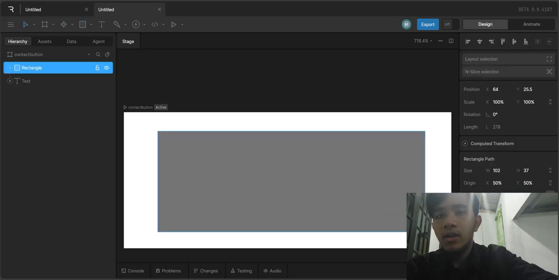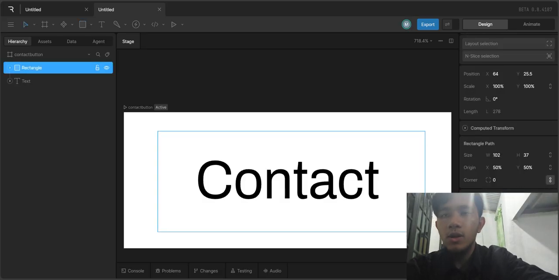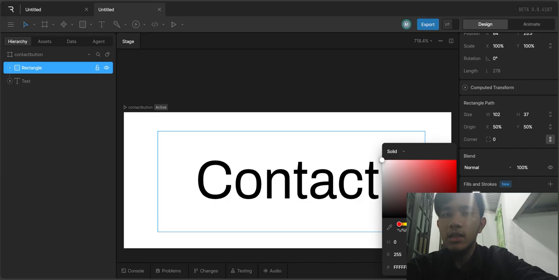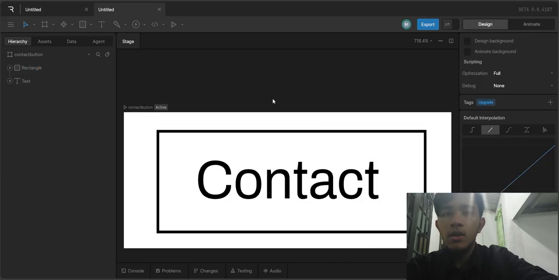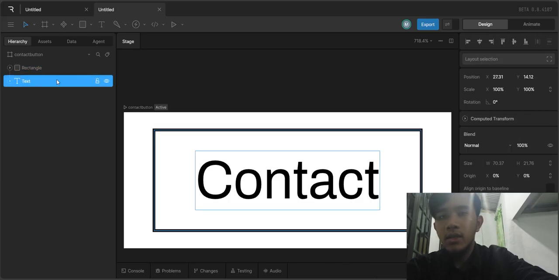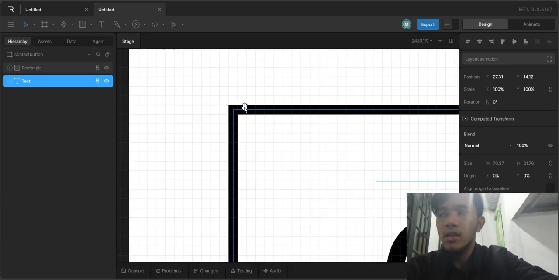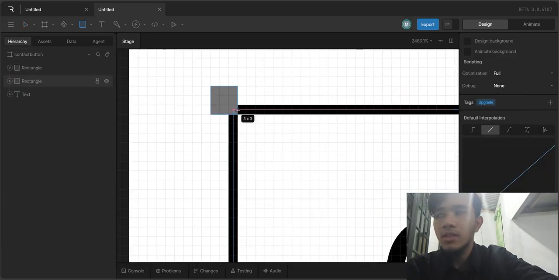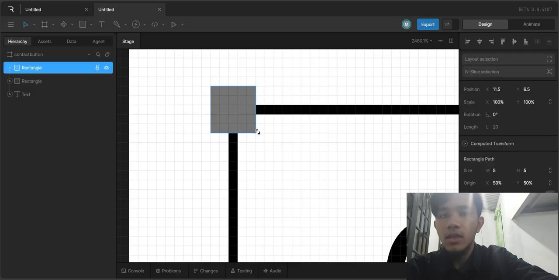On the right side you can change the properties of whatever is selected using the inspector, and on the left side there is the hierarchy panel that shows everything inside the artboard.